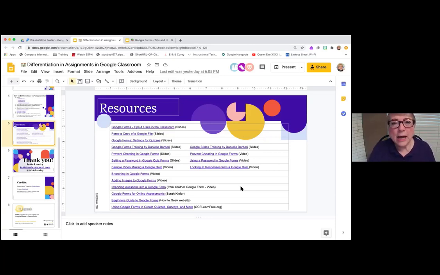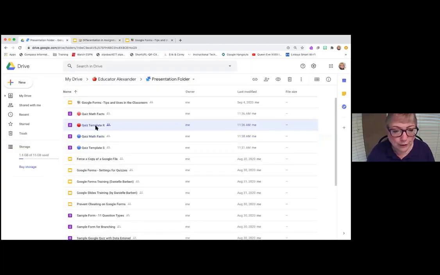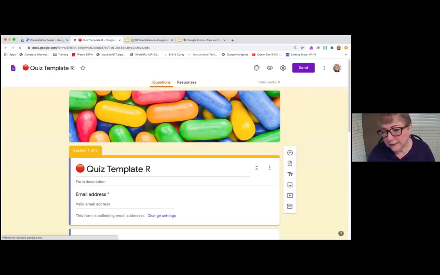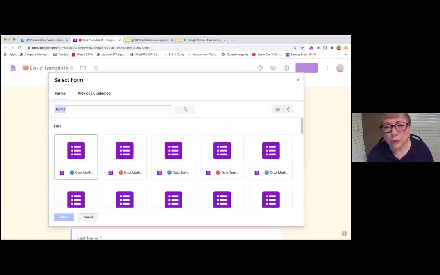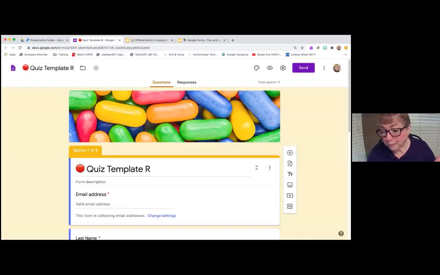The reason I had to make a video as an audio file is because when you're doing a Google form, your only choice in the form is to add questions, or import questions from another form. I'll show you that real quick. Or you can add an image or you can add a video. So you can't put an audio file. And for your students who are non-readers, they have to basically have the quiz read to them.